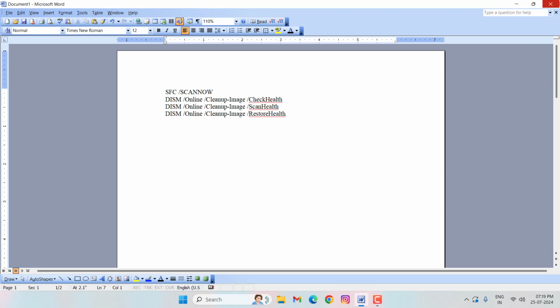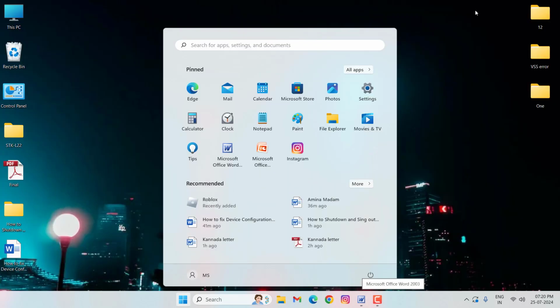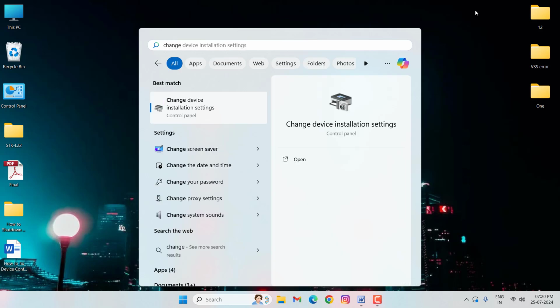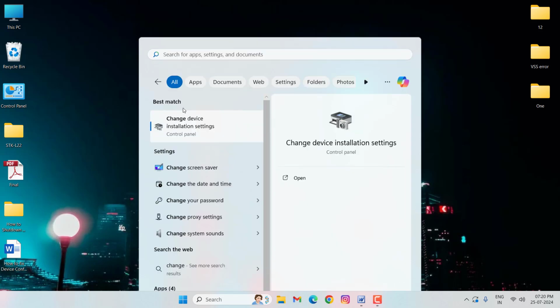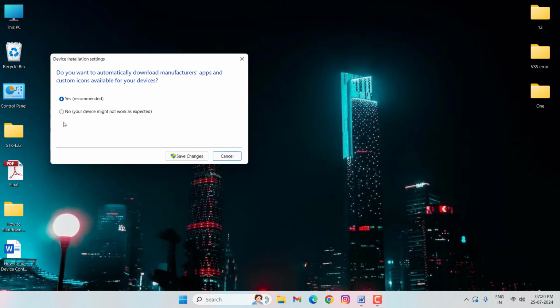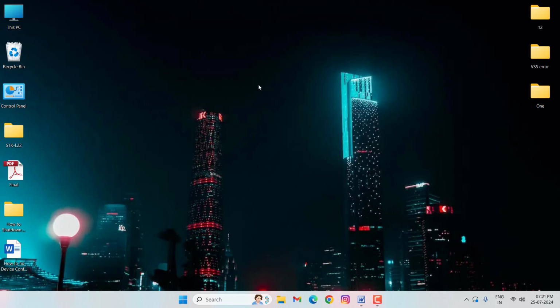Then close this window. Press on Windows key, then type here change device installation settings. Here you select second option, then click on save changes. After that, close this window, then go to the register editor,